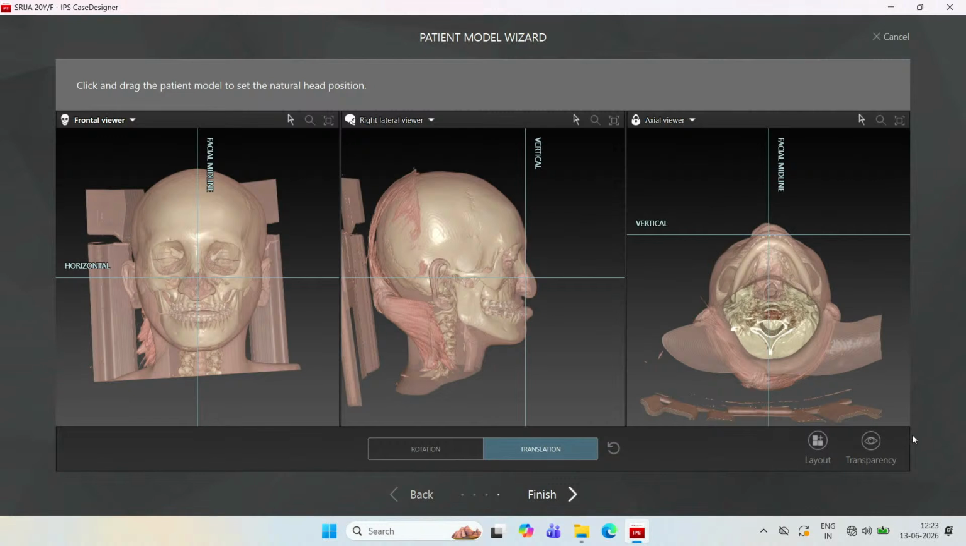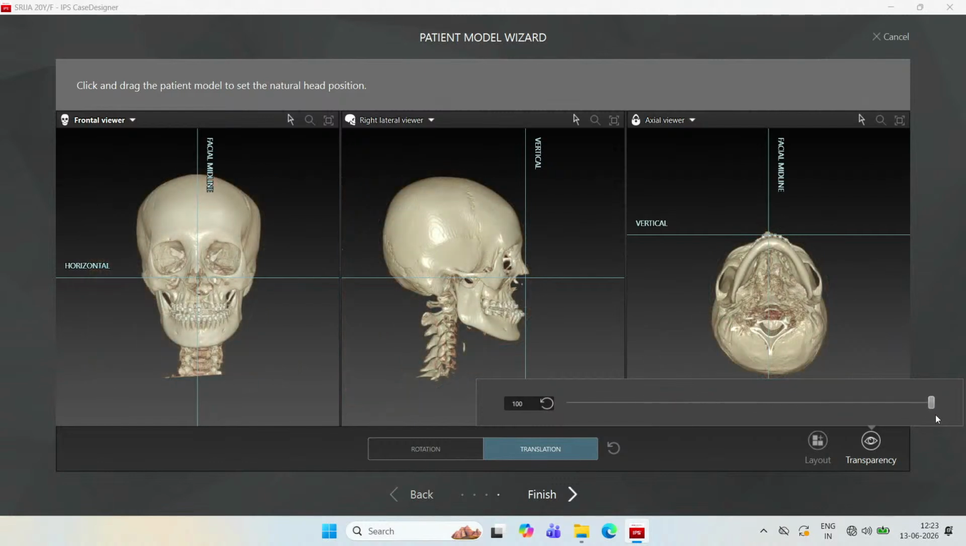There's one other option that you can use here, which is the transparency. So when you click on this option called transparency in the right lower aspect of the dialog box, you'll be able to adjust the soft tissue transparency. You can adjust that if you would want to view the